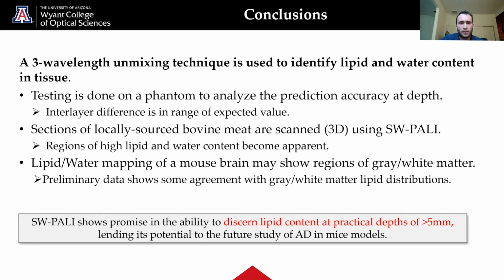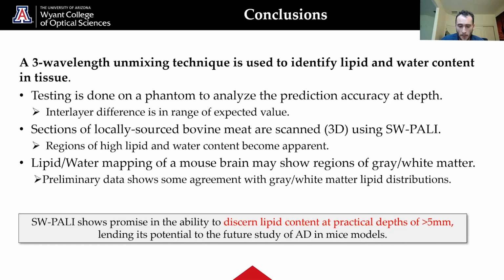And if we move on to our conclusions, building off of that, just to wrap things up, a 3 wavelength unmixing technique was used to identify lipid and water content in tissue. We first did testing on a phantom where we know the predictions of lipid and water, and we used the unmixing method to discern the interlayer differences. What we found was the interlayer difference between lipid and water percentages were in the range of what we